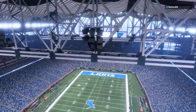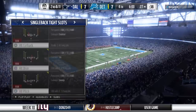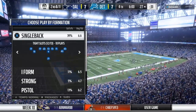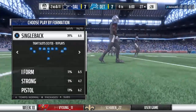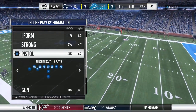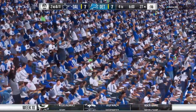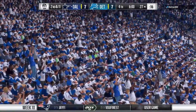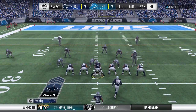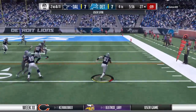Back now at Ford Field. All even as we get ready to start the fourth. Looks like the defense in press coverage here. They go back to Elliott. He's been busy. And a nice spin into some...